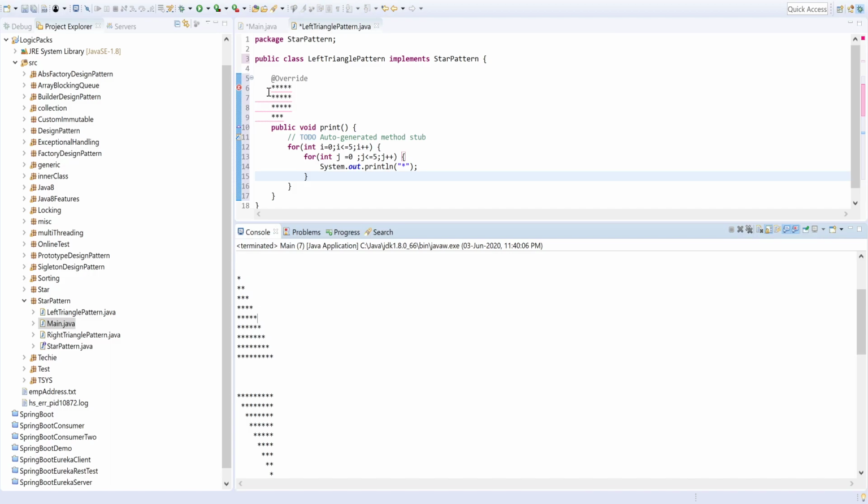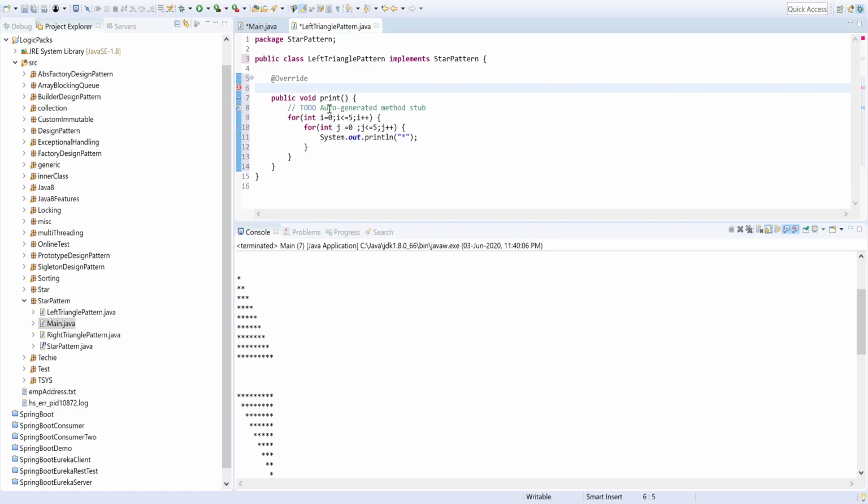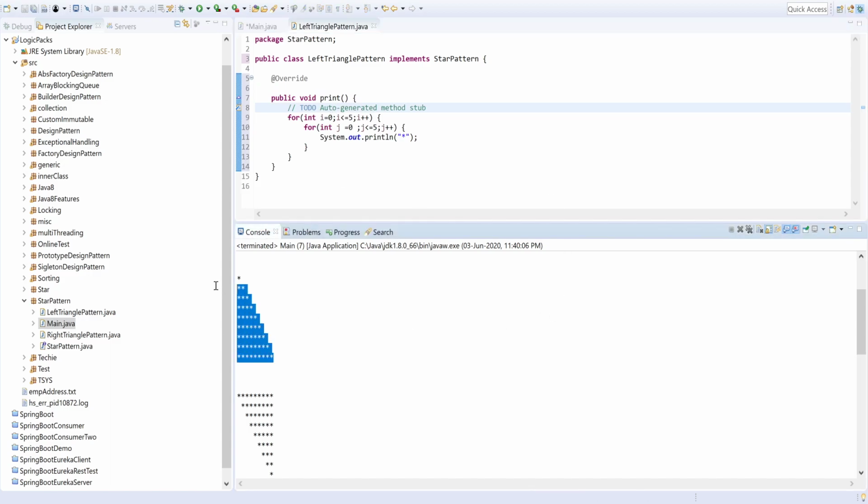So firstly we would see what it would print. Just run this program and keep this triangle in your mind. Later we would print this one, so just run.